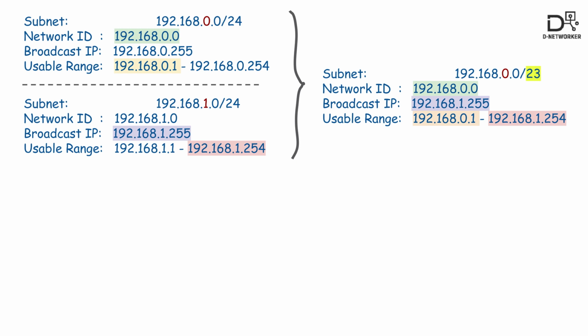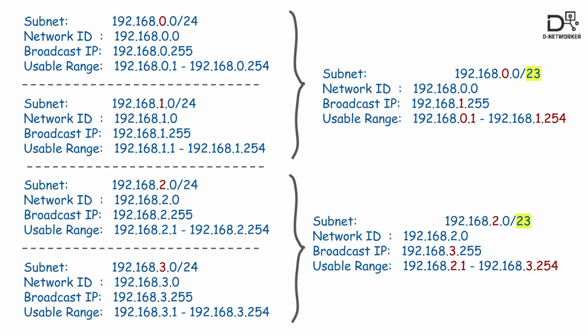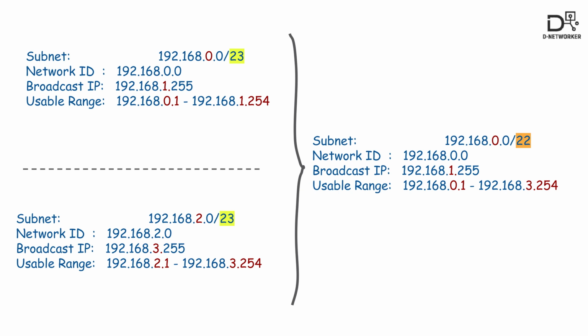Even with bigger subnets, the rules stay the same. First IP is the network ID, last IP is the broadcast, everything in between is the usable range. Likewise, the next two /24 subnets can be combined into one /23. Whether you start from /24s or /23s, you can still merge them into a /22 as long as they're properly